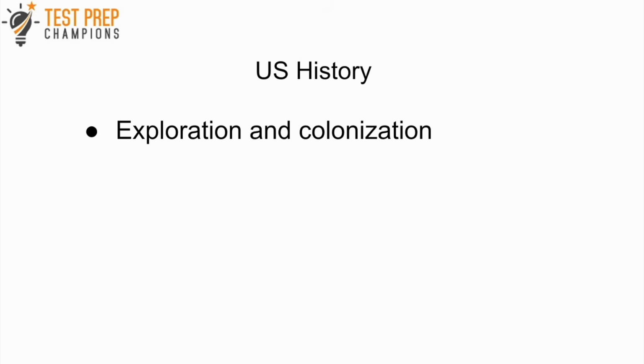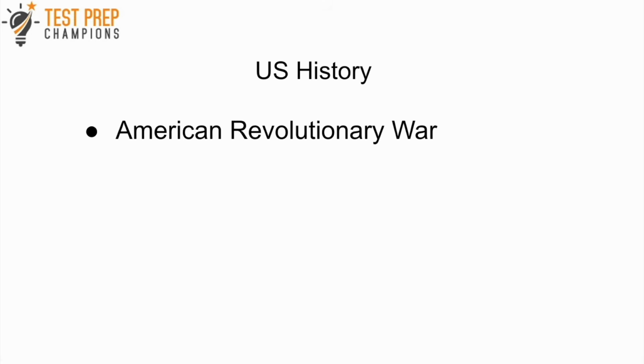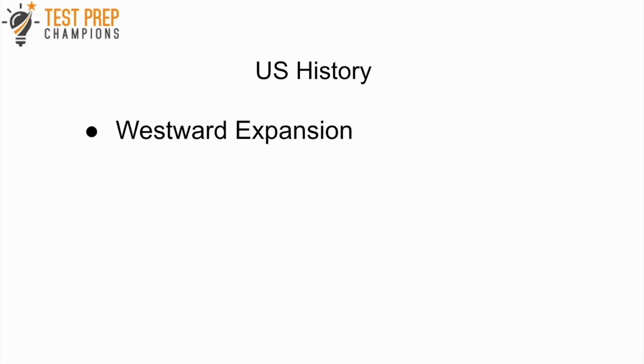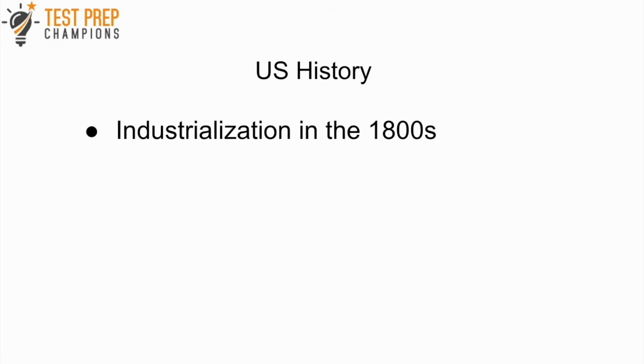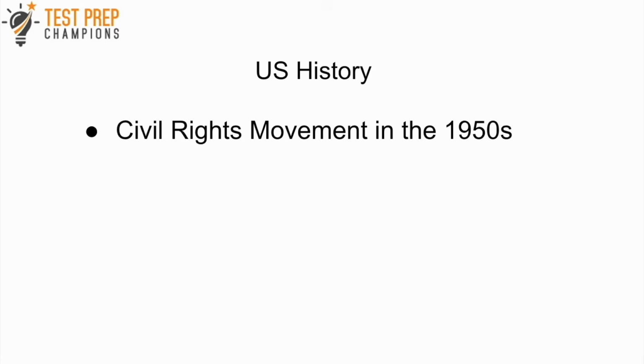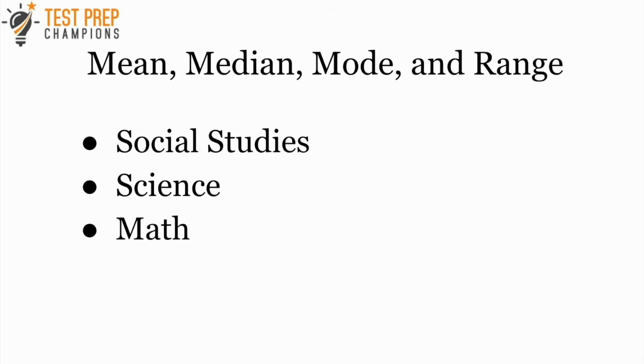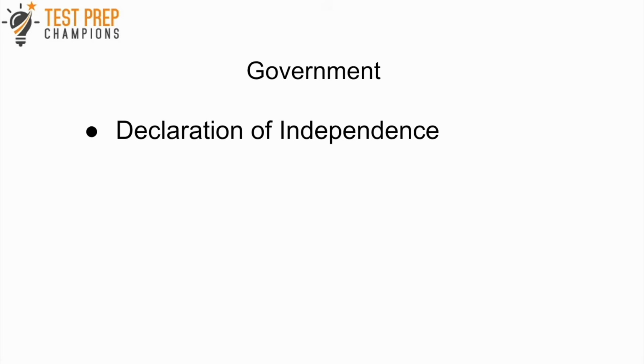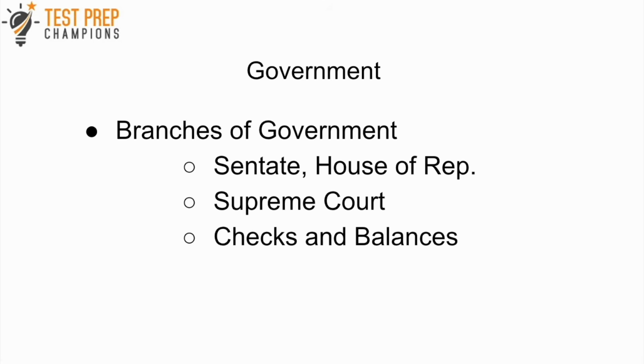U.S. history: exploration and colonization, the American Revolutionary War, westward expansion, the Civil War, industrialization in the 1800s, World War I and II, the Great Depression, the Cold War, the Civil Rights Movement in the 1950s, and that brings us to mean, median, mode, and range, which is fair game for not just social studies but also science and math. Government: Declaration of Independence, branches of government,